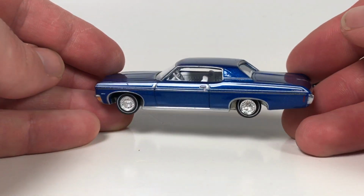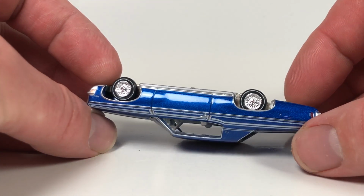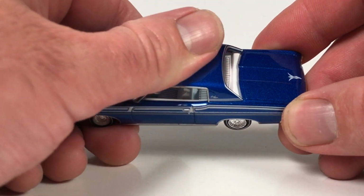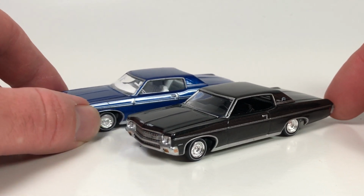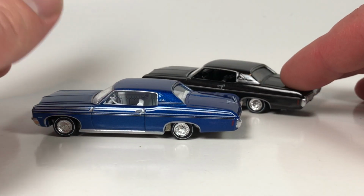I think they're really cool. Maybe the reason people didn't like them is that they don't have an articulating suspension like some other brands have done of lowriders in the past. And maybe that's what kind of set people off. Maybe it's just because of the Revell lowriders,